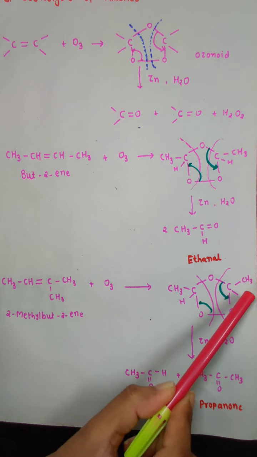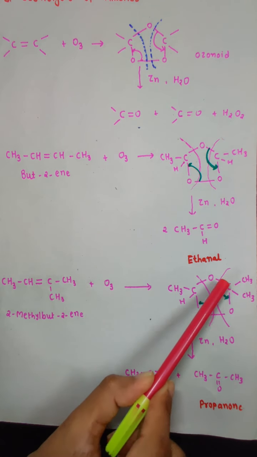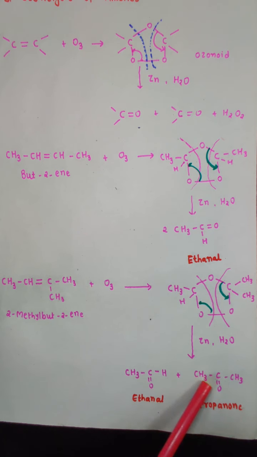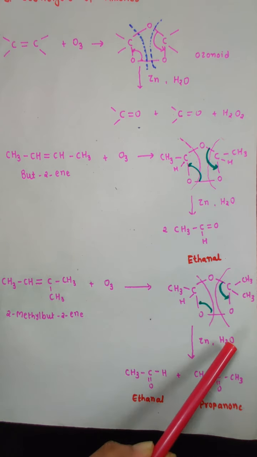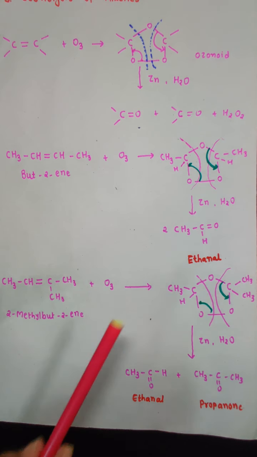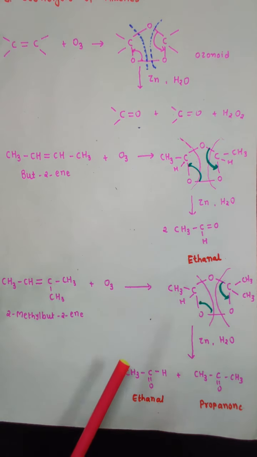See, यहाँ पे क्या होएगा? On this side, this upper bond shifts between once again carbon and oxygen. So you get carbon double bond oxygen, and this product is CH3C double bond O CH3, which is acetone or propanone, and this additional oxygen leaves with water in the form of H2O2. So basically this is the process by which you can prepare both aldehyde as well as ketone.